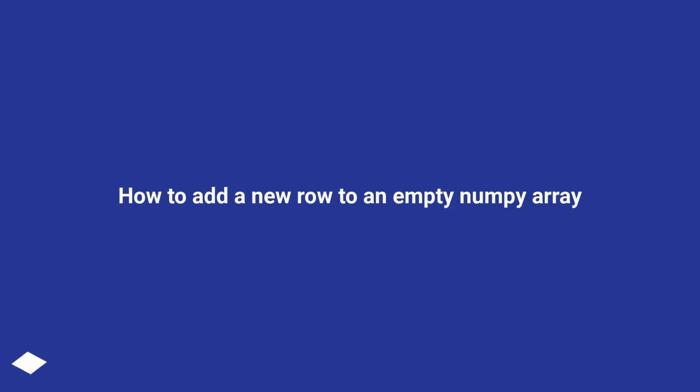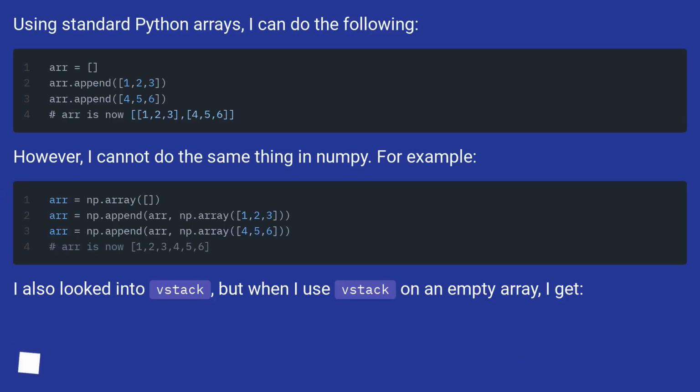How to add a new row to an empty numpy array. Using standard Python arrays, I can do the following. However, I cannot do the same thing in numpy. For example,